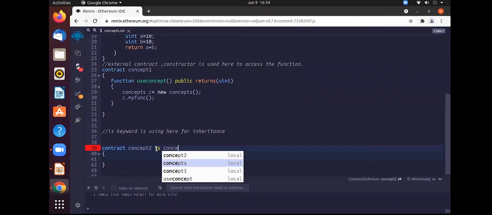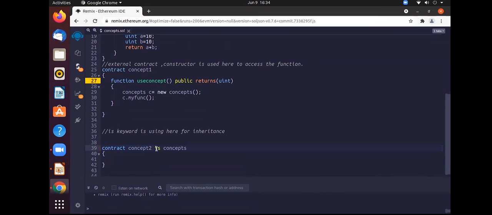So here, this is what is happening, the inheritance. This is the derived contract and this is the parent contract. So I'm doing the inheritance, acquiring the property of the parent. This is the function. It is returning the uint. So we can try here uint. I need to give one